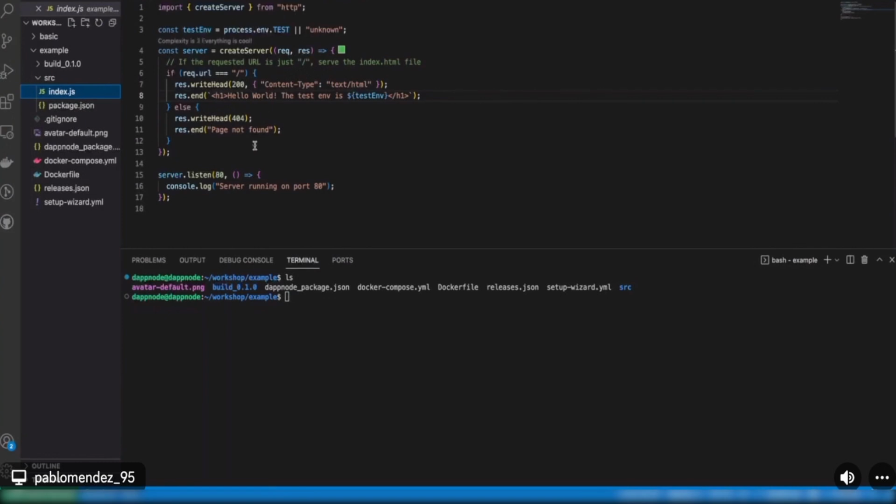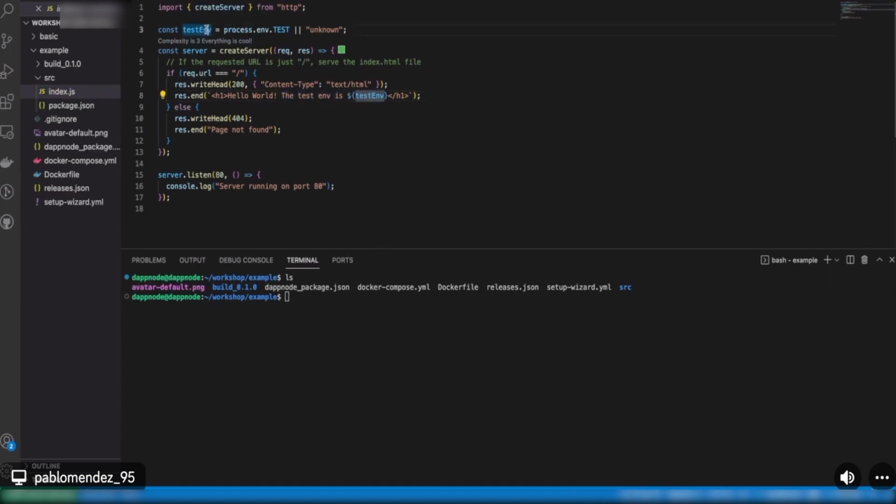It is a very, very simple script that starts an API, and on port 80 it will return this simple HTML hello world, and the test env is blah, blah, blah.